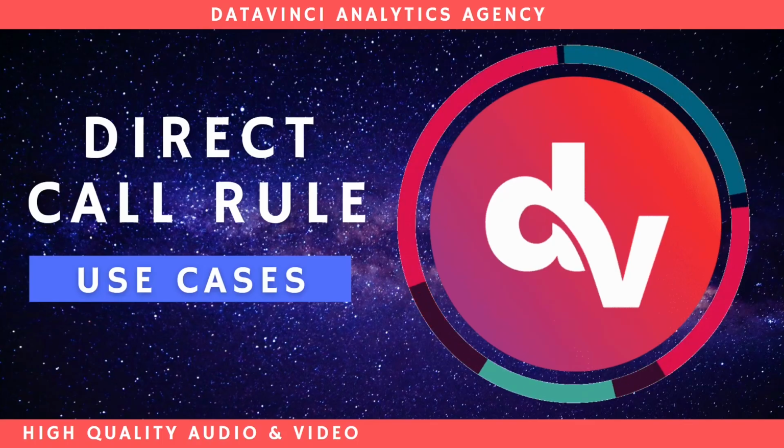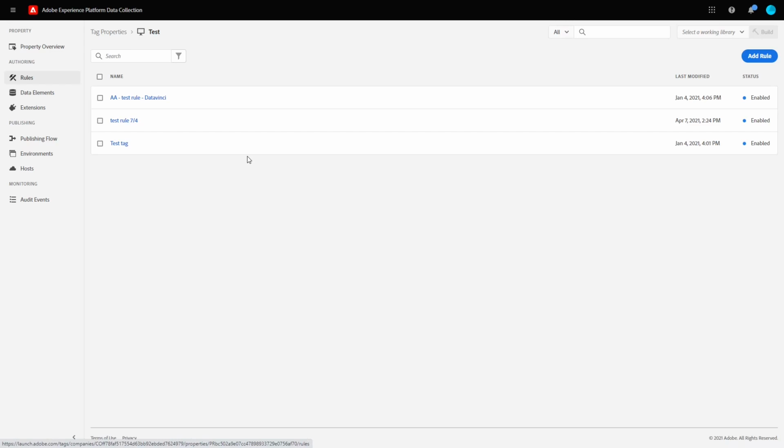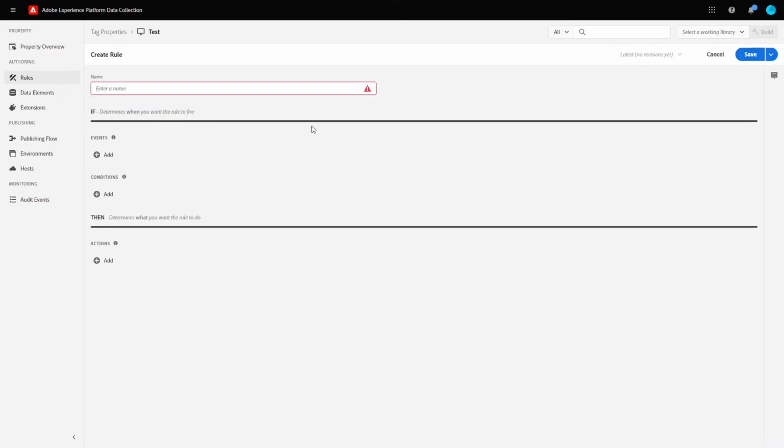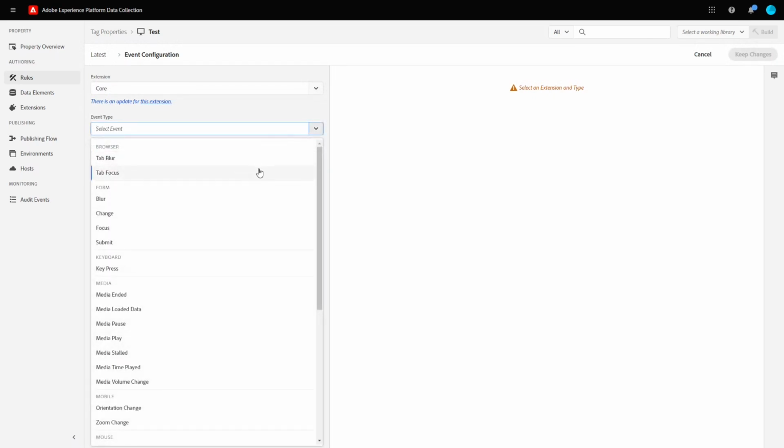Now let's discuss some use cases. All right. Now, if you go to Adobe Launch and you have to create a rule, you might be familiar that you will go to rules and then click on add rule. Okay, now this is the part where you set the trigger conditions for the rules. So whatever conditions for firing of any action that you have to define in a rule, you will set it over here. So if you go to events and then you go to event type, there are certain predefined events